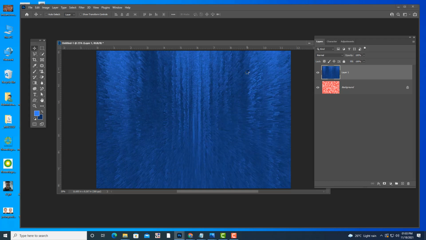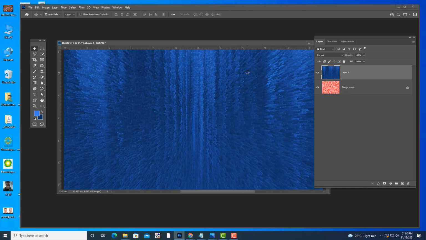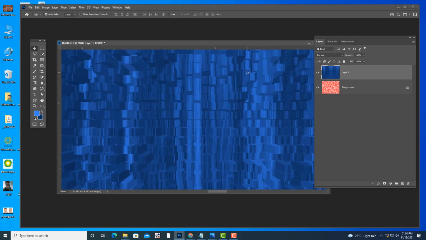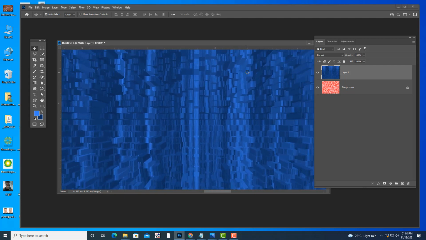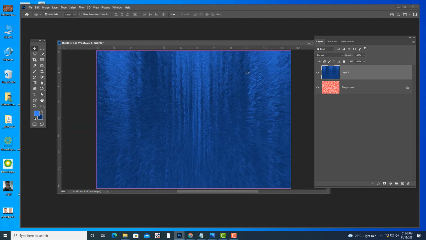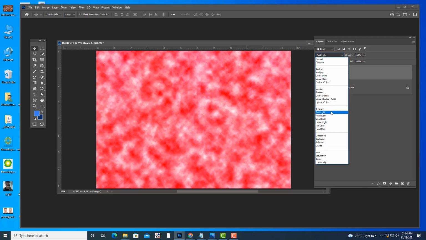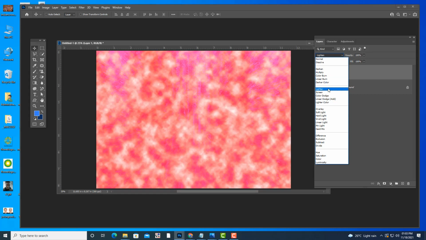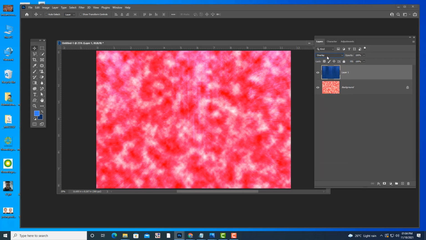See, this is a extrude filter. This is something like boxes. So many combinations you can get with these filters. And again, you can combine this one with the bottom layer. See, and then again you can check different combinations. See, colors. So a lot of background effects we can create using the filters.